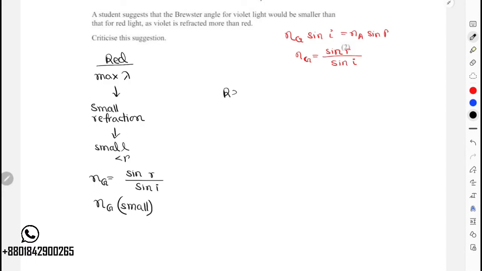So we can write the refractive index. This is the final answer, by the way. Refractive index, you can write this answer in terms of red or in terms of violet, no problem with that. Refractive index of glass is greater for violet